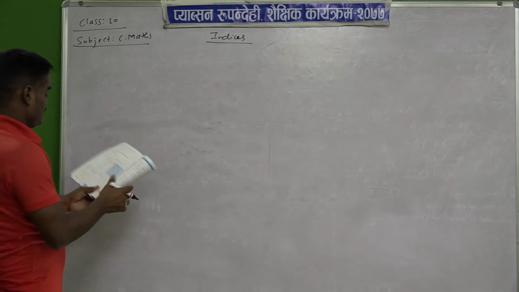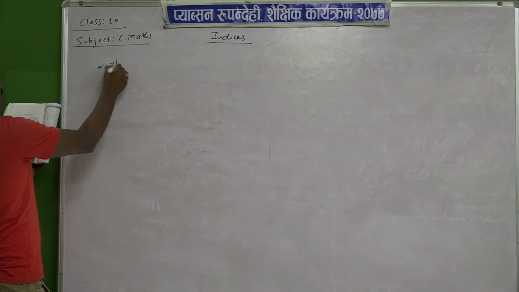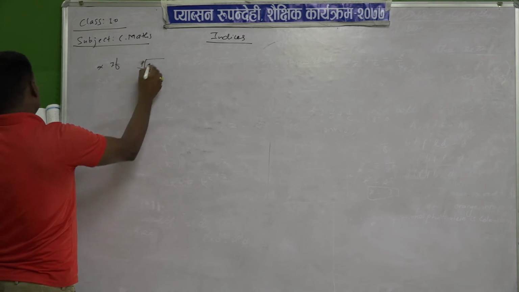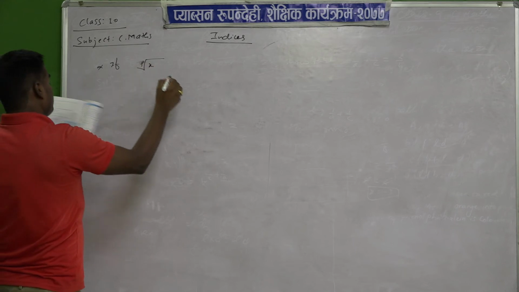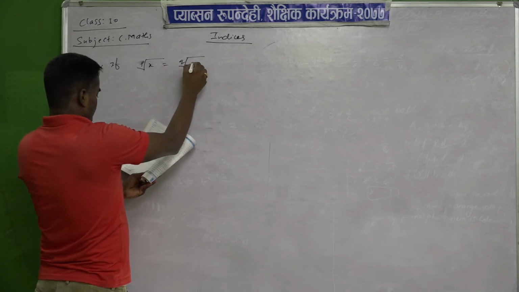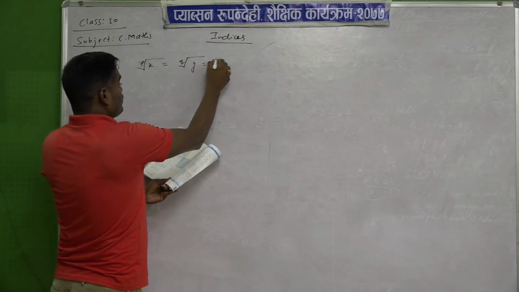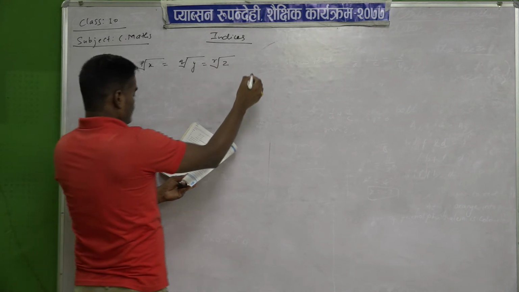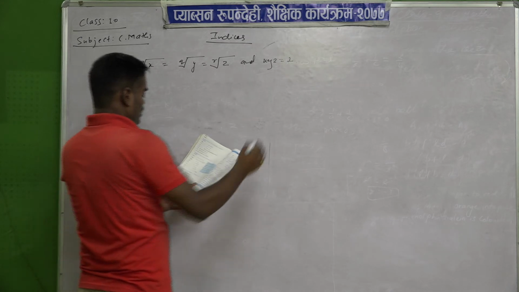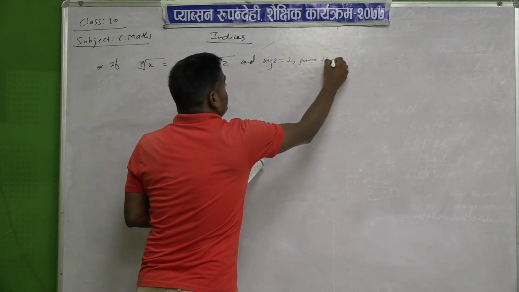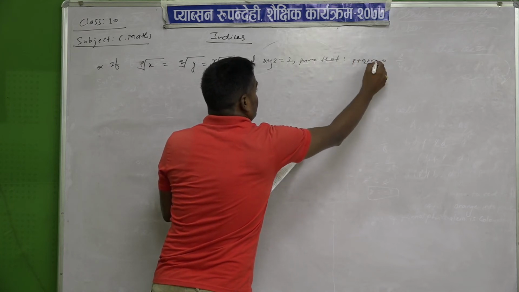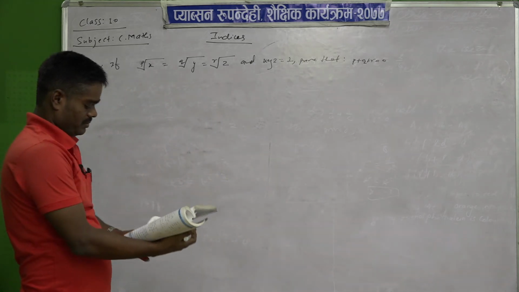So the next question is, here given if x, y, z, and xyz equal to 1, the condition given. So your question asks to prove p plus q plus r equal to 0. This much we have to prove.